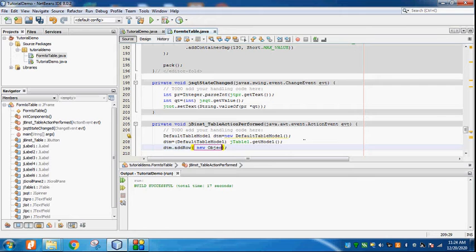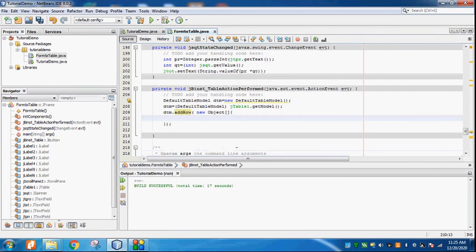new Object. Here I'll send all the values from the text boxes to the table.